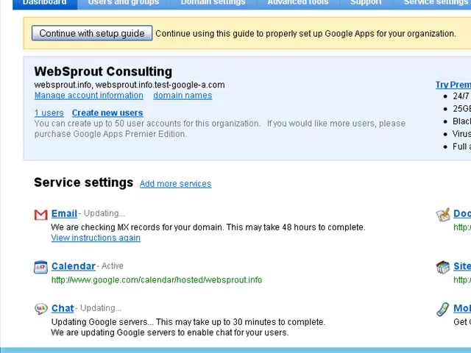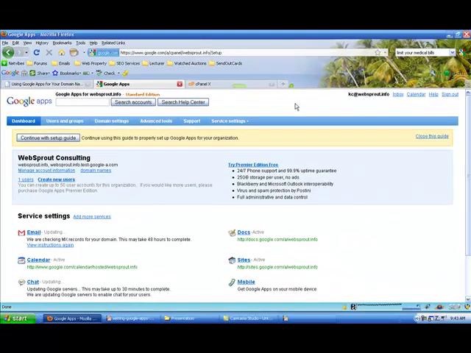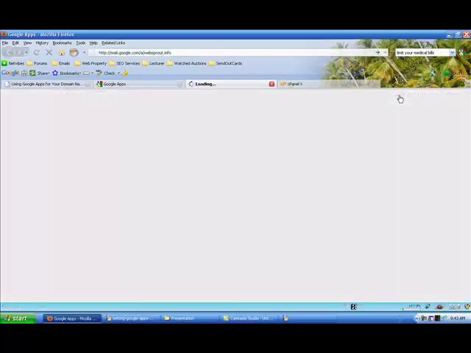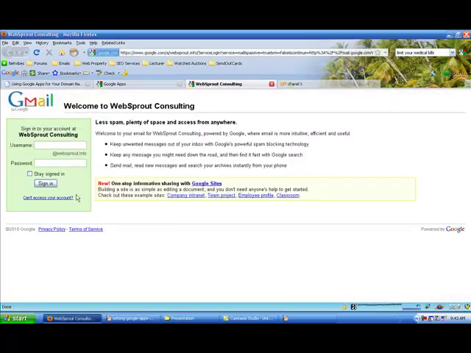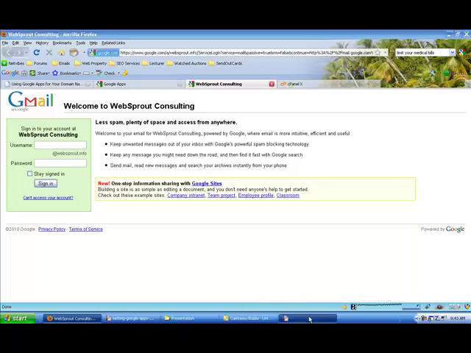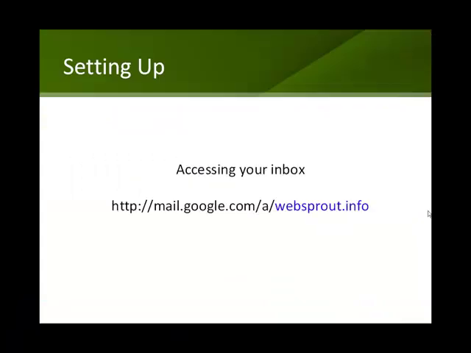So after this 48 hours, when people start to send email to casey@websprout.info, you'll be able to receive in your inbox. So this will be the place where you're going to log in. So let me show you how you're going to log into your email. What is the URL you should follow? Let's go back to the slide. So to access your inbox, you should remember this URL, which is